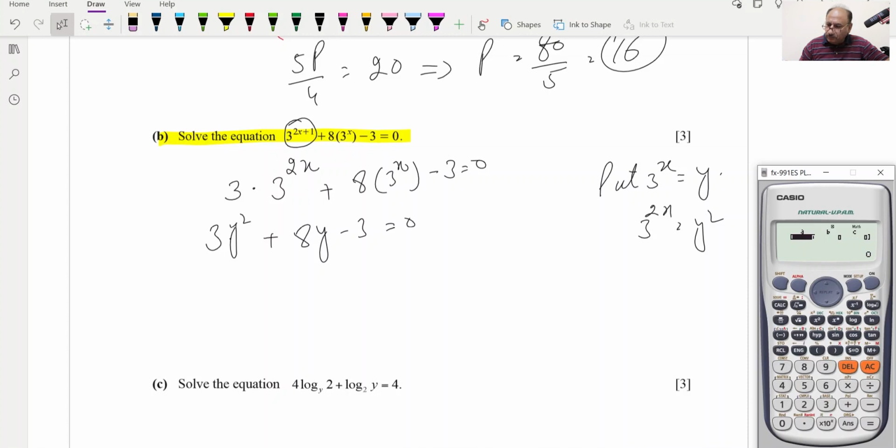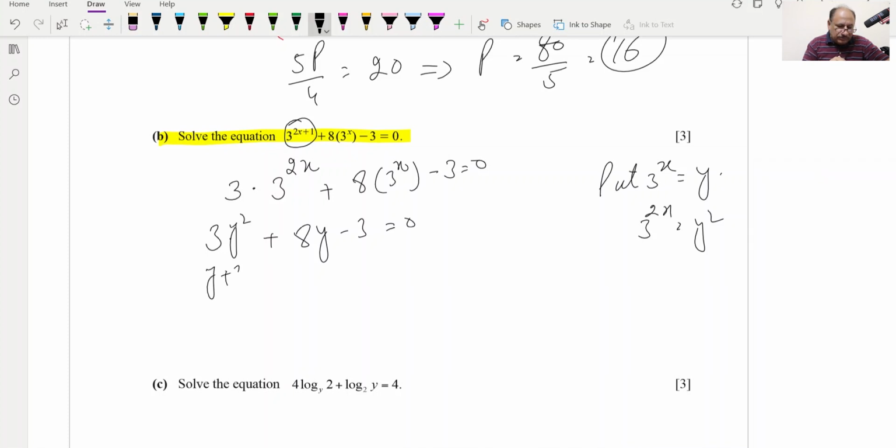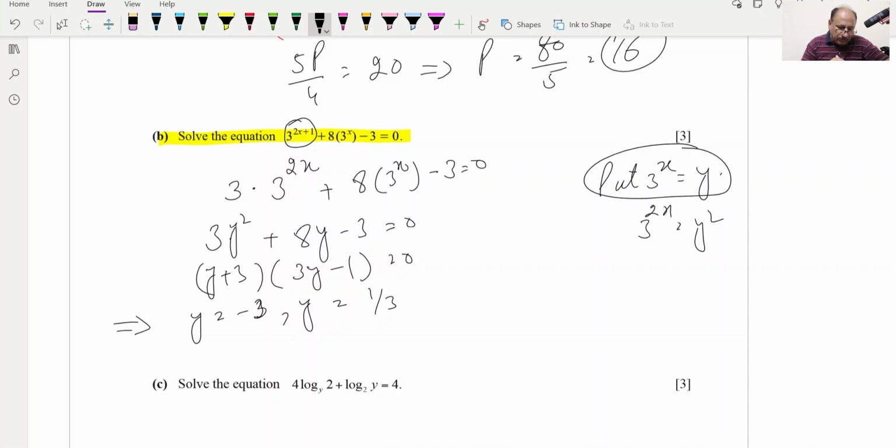So the coefficient of y squared is 3, the coefficient of y is 8, and the constant is minus 3, so we'll get 1 by 3 and minus 3, so (y + 3)(3y - 1) equal to 0. This implies y is equal to minus 3 and y is equal to 1 over 3. Now if we replace again the same value, this implies